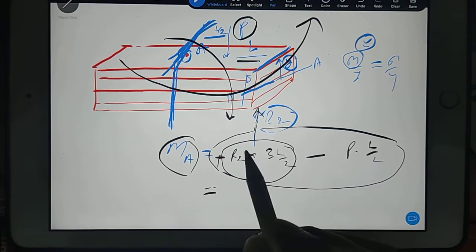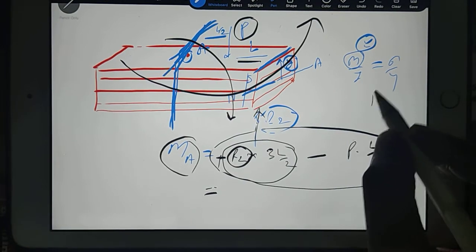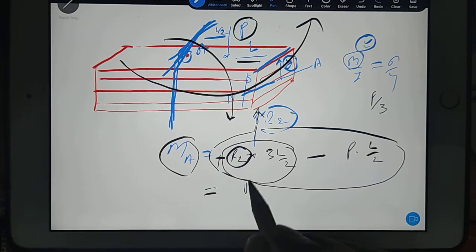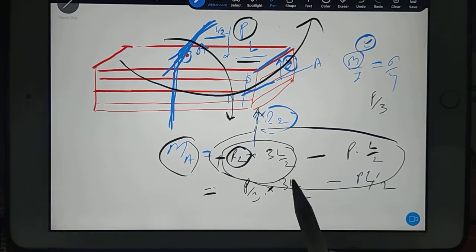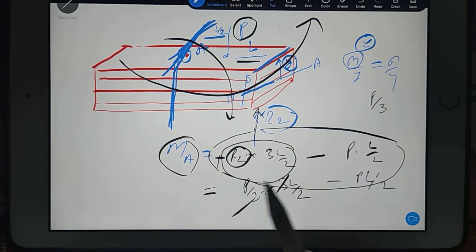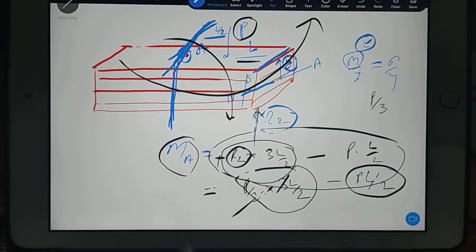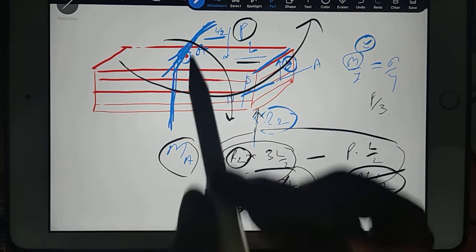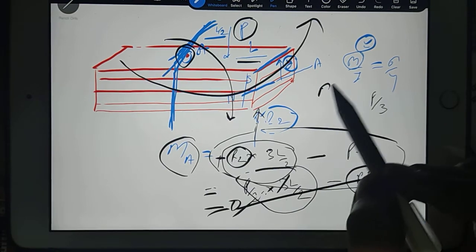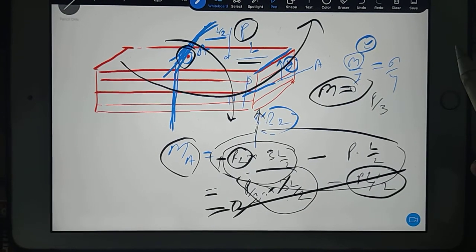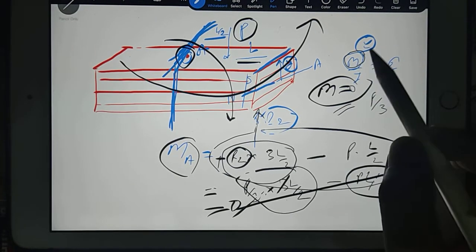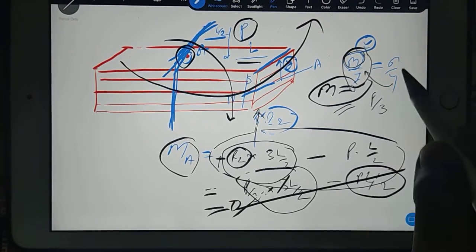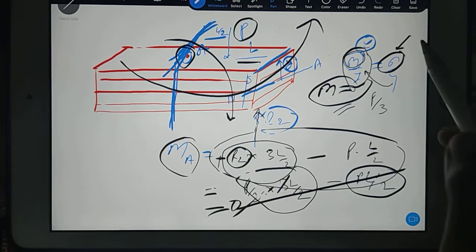Now you see, this R2 value we already know. Just now we have calculated it as P by 3, correct? So if you put P by 3 into 3L by 2 minus P into L by 2, you can see this 3 and 3 will get cancelled, right? So this is PL by 2, this is also minus PL by 2. So total answer 0. It means what? In the fiber, your bending moment is 0, correct? So if the bending moment is coming as 0, then this ratio became 0, so multiplied by y it became 0, so shear stress became 0. I mean bending stress became 0, right? So bending stress became 0.